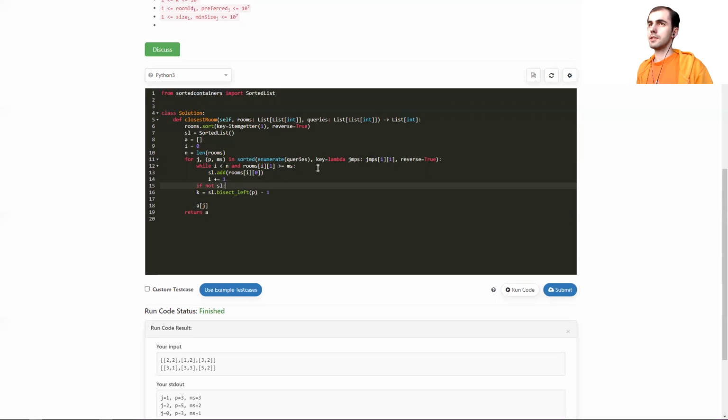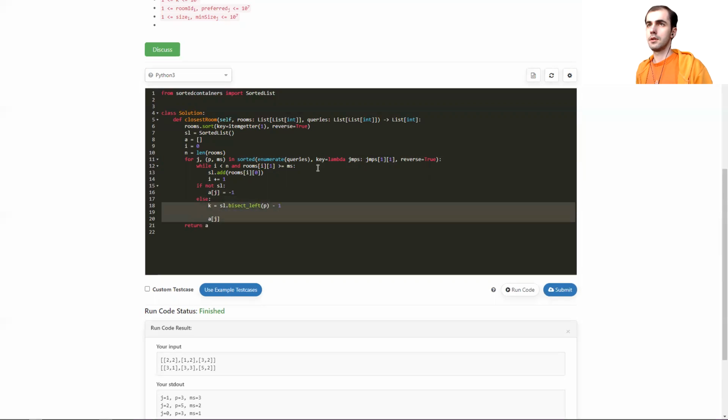If not sorted list, AJ gets -1, just to protect ourselves from any stupid mistakes. Now, this will be the smallest value that is at least P, so therefore minus 1, it will be the largest value that is smaller than P. Alright. So if K is at least 0,